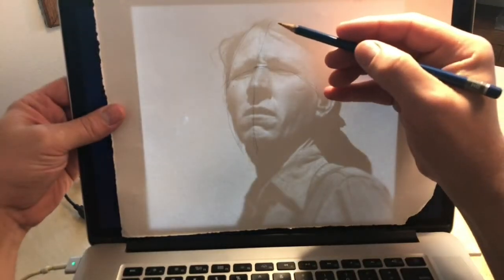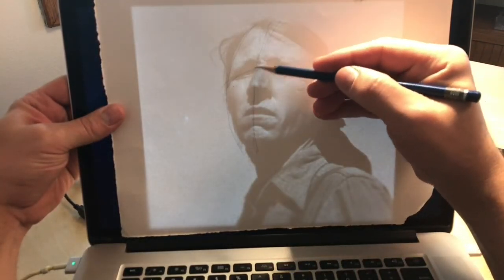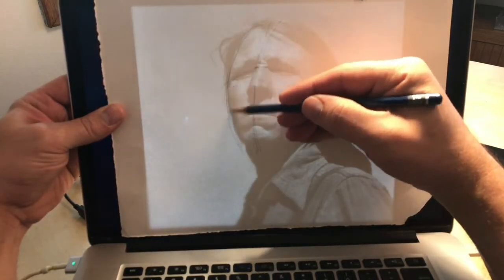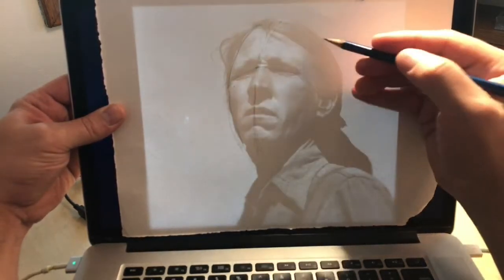This is a cropped version of that image, but it has a lot of nice definition and a lot of nice value to help us read where those planar shifts are. So very simply, I'm going to drop a piece of paper over the image on my screen, right? We're going to do this so that we can have an easy way to figure out how the face moves in space, right? So the first thing I'm going to do, if you go back to the lecture and think about how the head can move in space, the first thing I want to do is just find